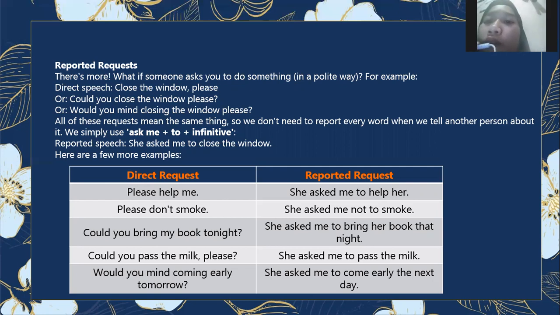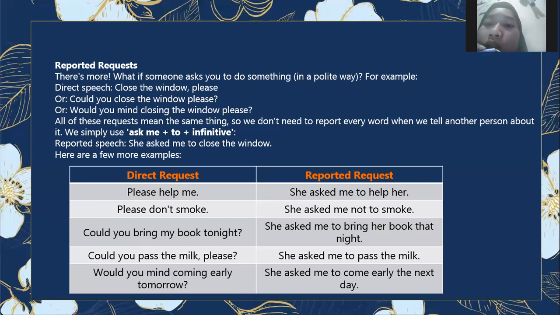Here are a few more examples. Direct request and reported request. Direct request: Please help me. Reported request: She asked me to help her. Direct request: Please don't smoke. Reported request: She asked me not to smoke.